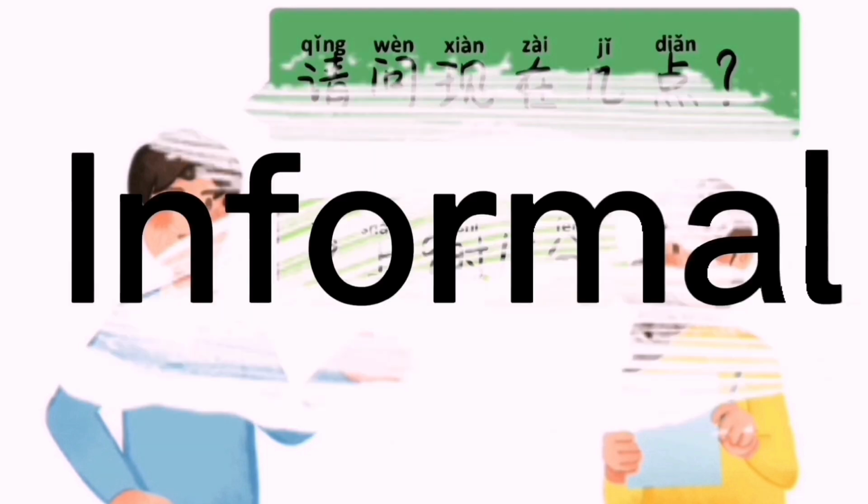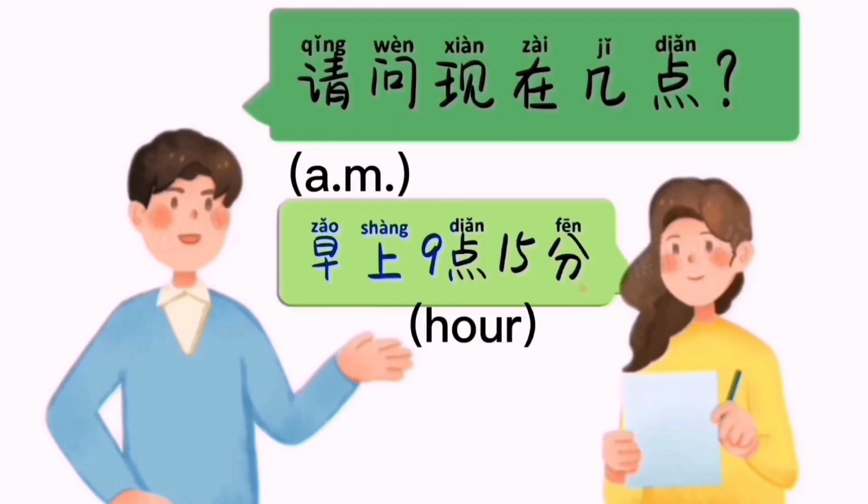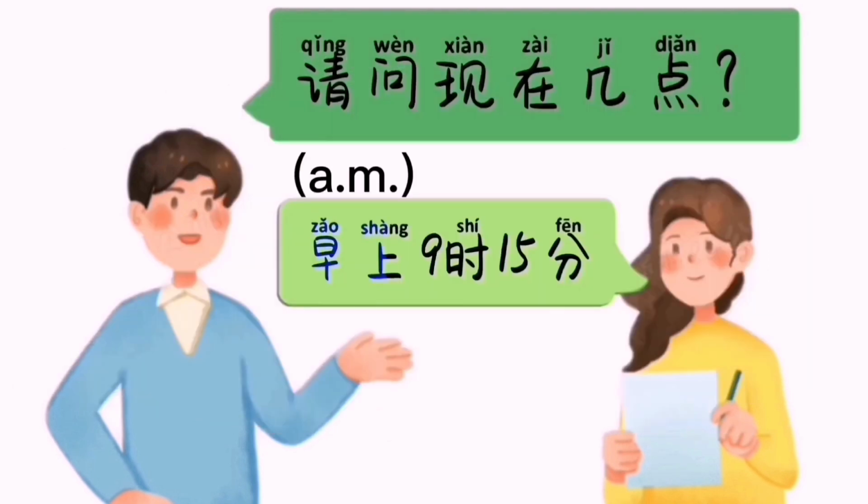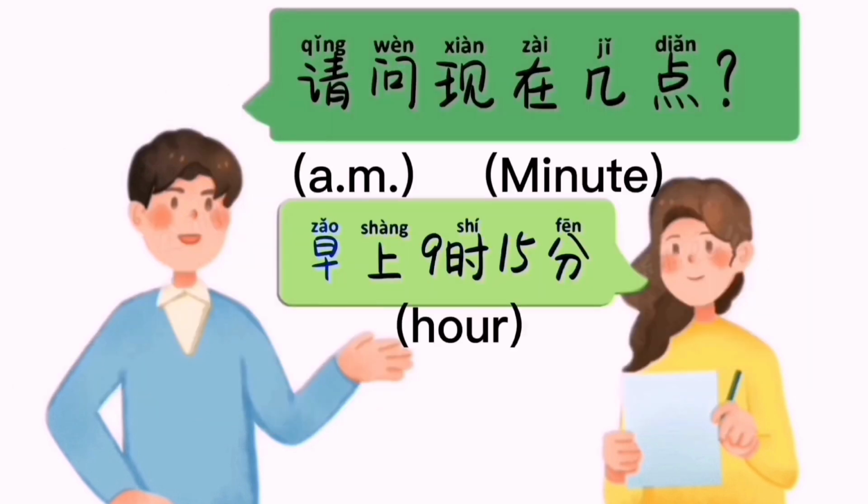Let's practice again the informal way which is commonly used. 早上9点15分。 Formal way is 早上9时15分。